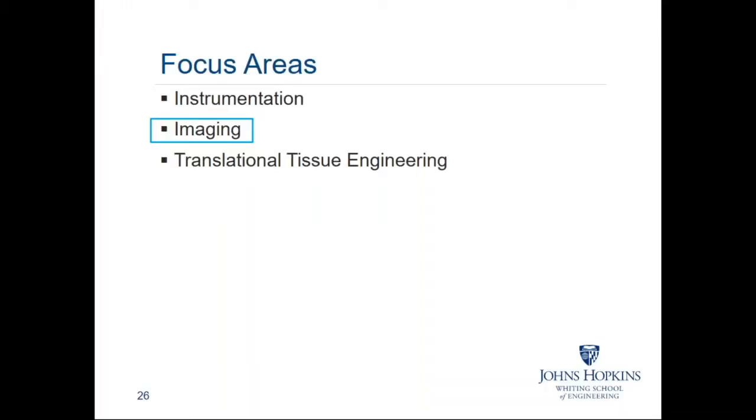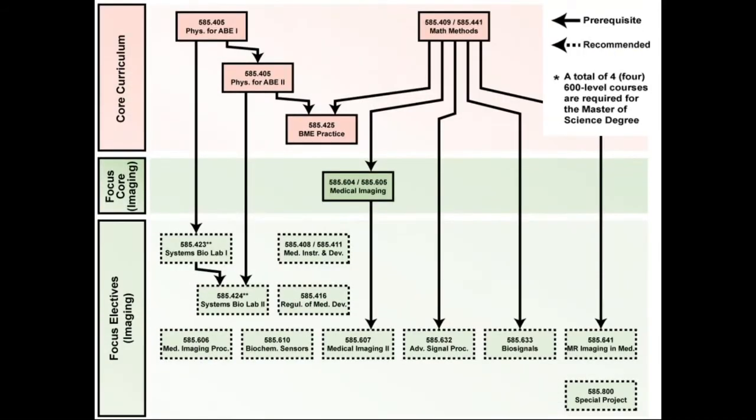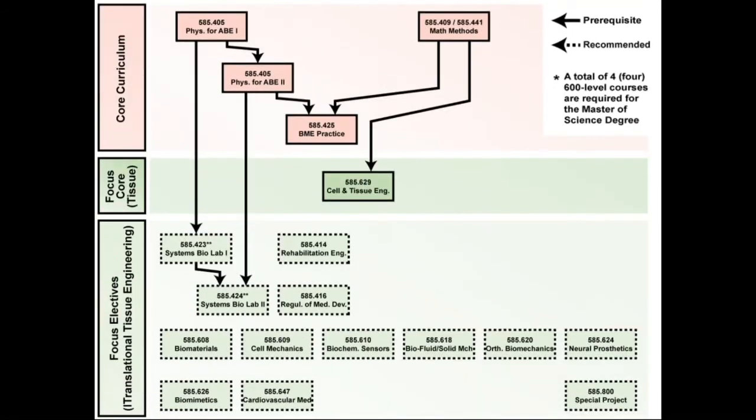The next example pathway to graduation for our students interested in imaging is shown in the next slide. These courses include the core courses, a focus area course for imaging, as well as some examples of electives. Finally, the final example pathway to graduation for students interested in translational tissue engineering is shown in the next slide. Again, this example pathway includes core courses, a focus area course, as well as many examples of electives relevant to